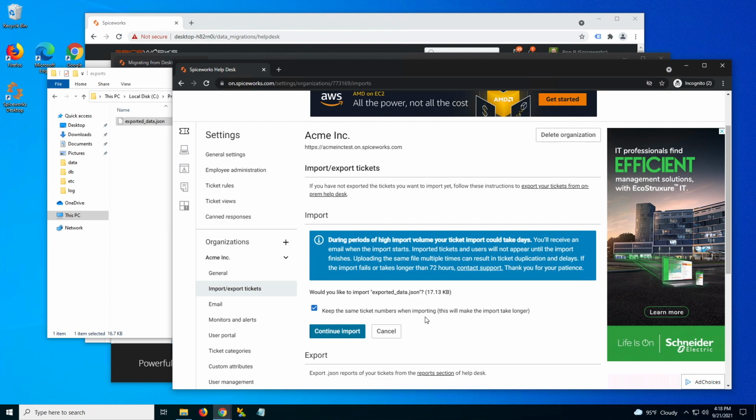The same is true for tickets that are currently work in progress. Maybe this week you started work on ticket 2900. Well, ticket 2900 is going to be the same ticket in your Cloud Help Desk as it was in the desktop application at the time that you ran the export. Great, so now that we understand better what the keep the same ticket numbers when importing checkbox does, we're going to check that in this case because we do want to have that simplicity of keeping the ticket numbers matched up. I'm going to click Continue Import,